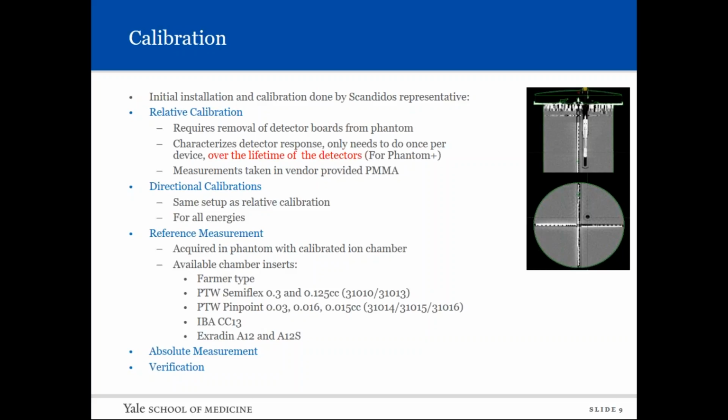So I would imagine whatever you use for your absolute calibration on other machines, there's a cavity hole for it available from ScandiDos. And this step just really boils down to irradiating at different field sizes for all energies with